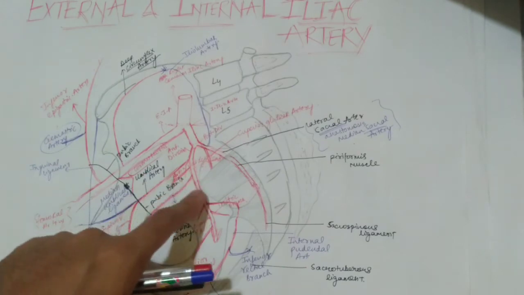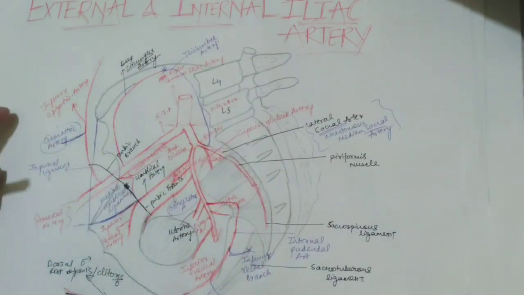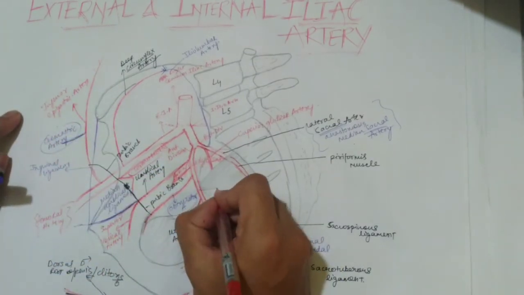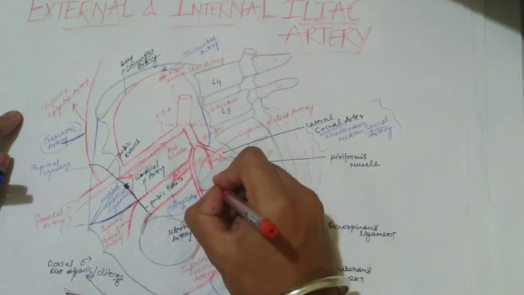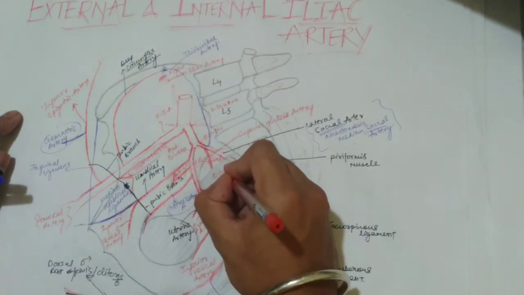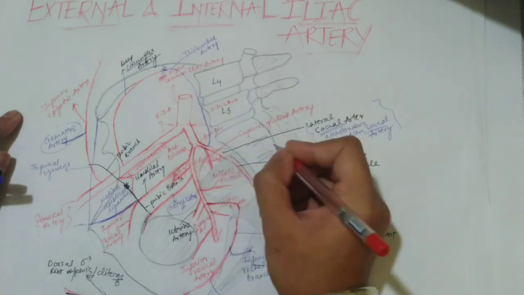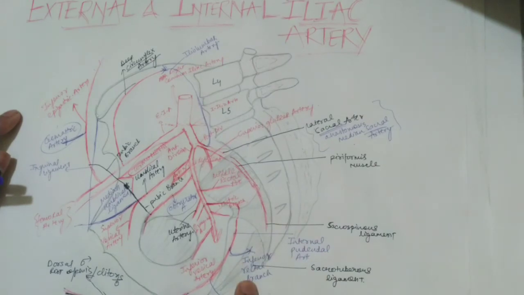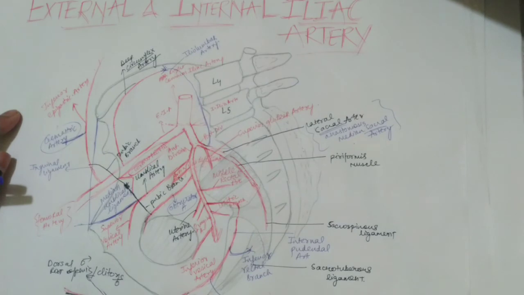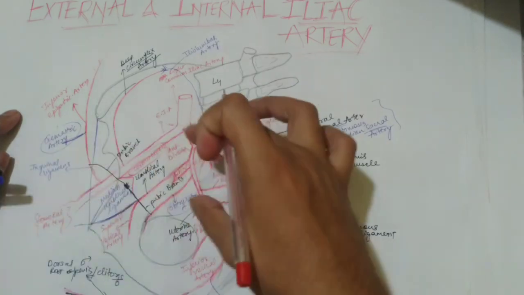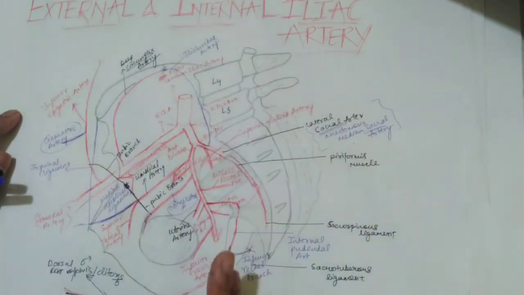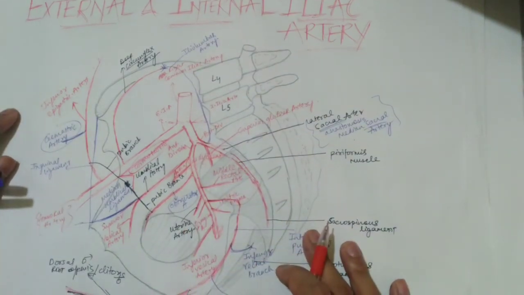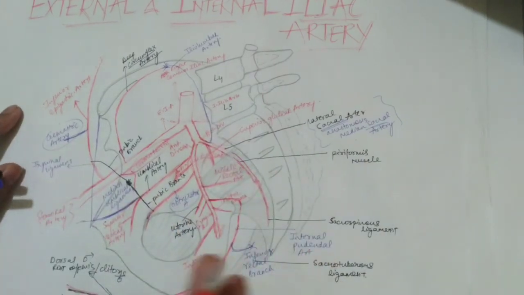I forgot to tell the middle rectal artery. Just remember, the middle rectal artery arises from here. It is a direct branch from your internal iliac artery, and it supplies the middle part of your rectum, like the inferior rectal branch arising from the internal pudendal, and the superior rectal, which is a continuation of the inferior mesenteric artery. These three arteries anastomose in the region of the rectum: middle, inferior, and the superior from the inferior mesenteric artery. So this was your internal iliac artery and its branches.